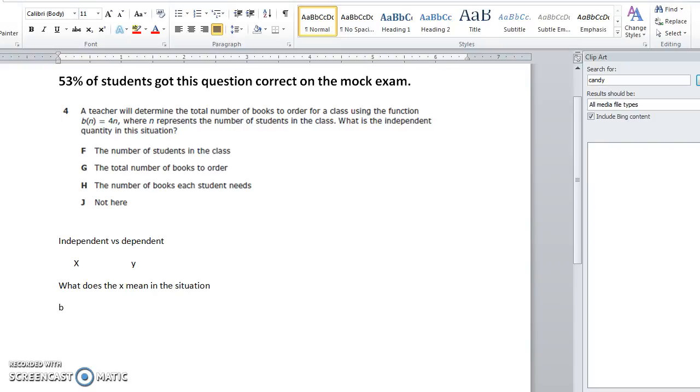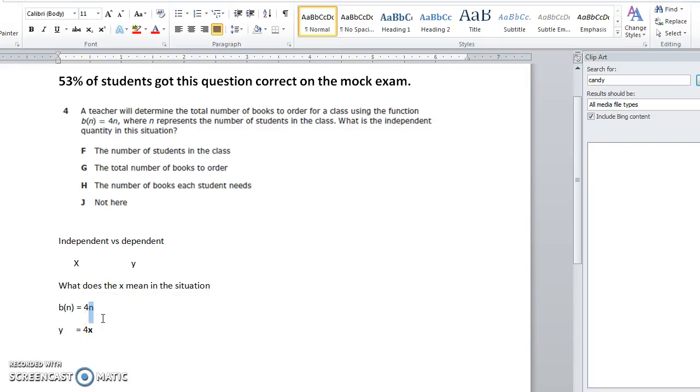So here's what they gave us. b of n equals 4n. And so this is a function. We can break this down to make it look more like x and y though. When I see b of n, that's just a big fancy nickname for your y value. So really b of n just means y equals, and instead of the n is really where your x usually is. So this is really saying y equals 4x. So x